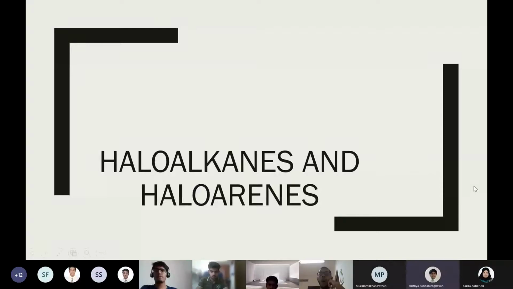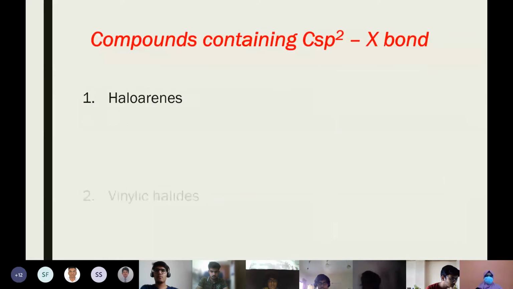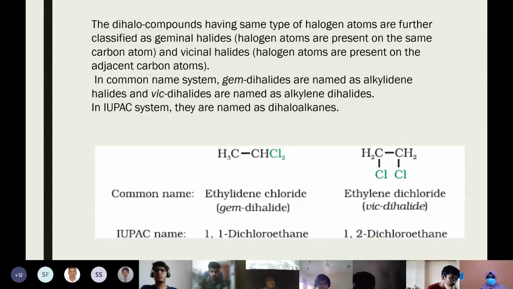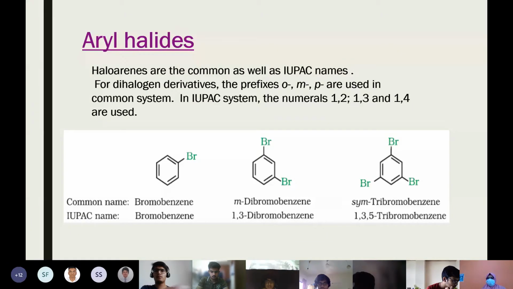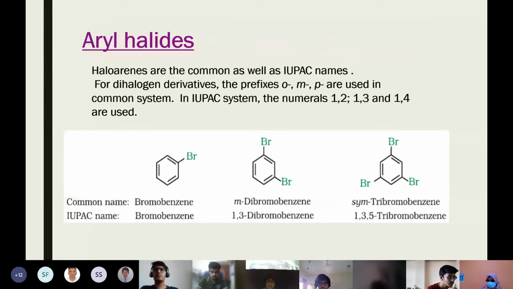Geminal halides have halogen atoms on the same carbon, and vicinal halides have them on adjacent carbon atoms. We also learned the common naming system: geminal halides are called alkylidene halides, and vicinal are alkylene dihalides. And then in allyl halides, we learned the nature of the